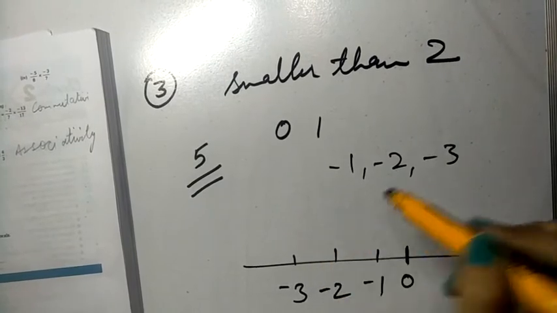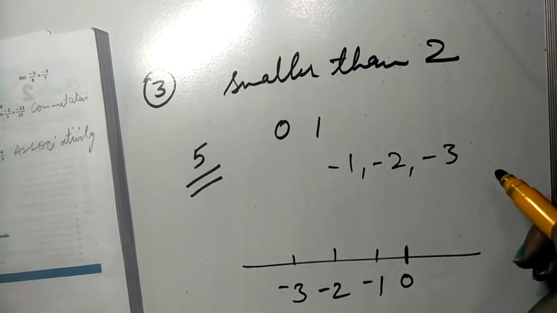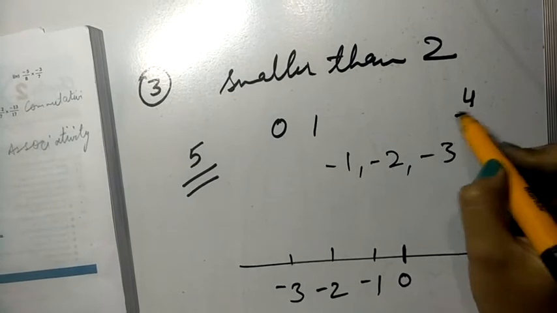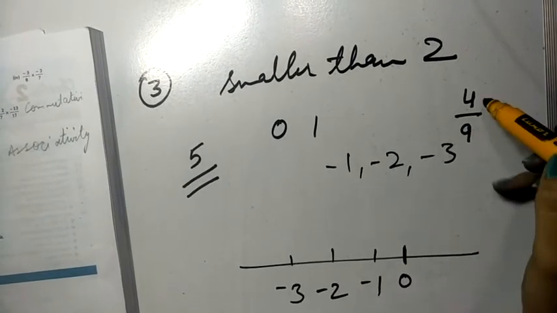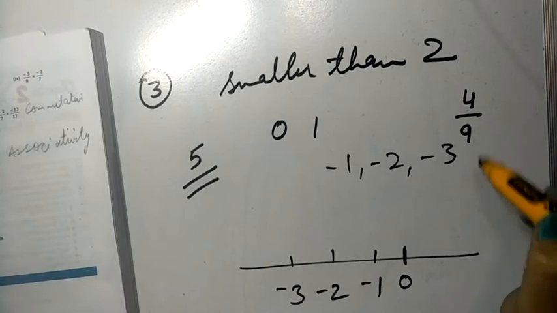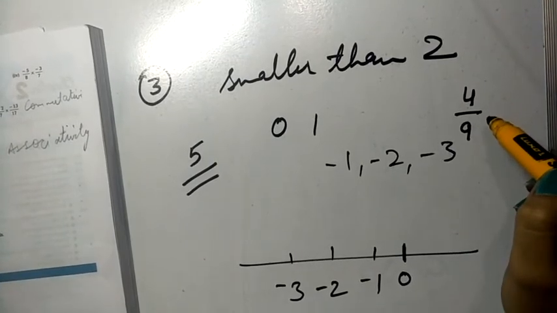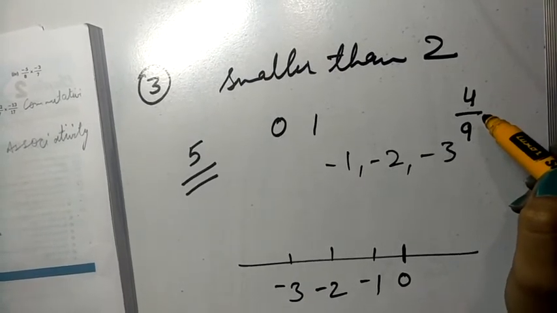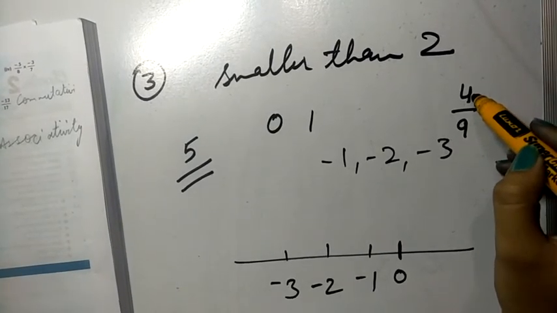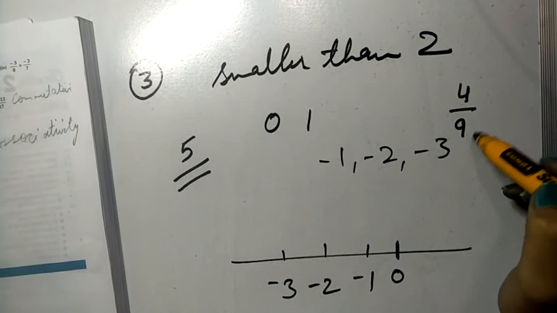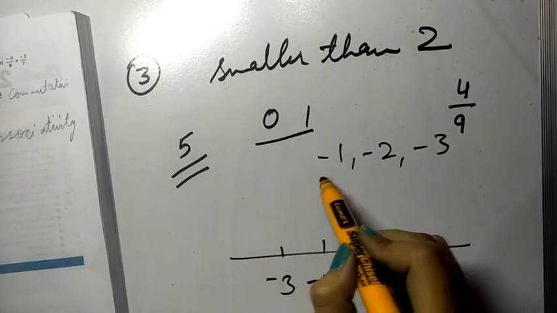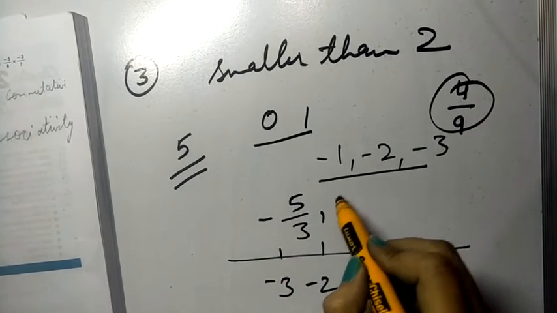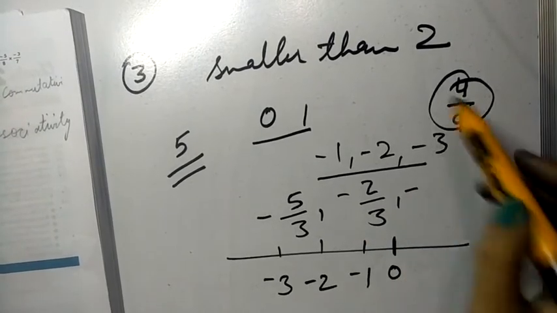So you can write -1, -2, -3, these numbers which are smaller than 2. And if you don't want to write these, you have other options also. You can write the numbers as fractions. But remember, I told you in the previous question that if the numerator is greater than the denominator, it completes one whole part. So please keep it in mind. Make the numerator a smaller number and the denominator a greater number. You can use negative fractions also, any fraction, but it should be lesser than 2.